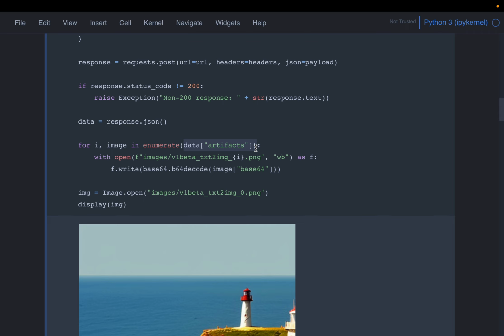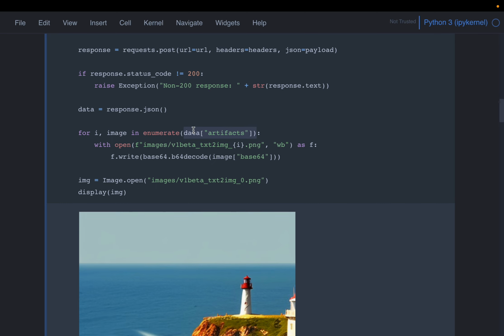Okay. Similar to the data in the Python client, it has these artifacts, which has the seed, which has the return type, etc., etc., right? So yeah, you loop over this response,